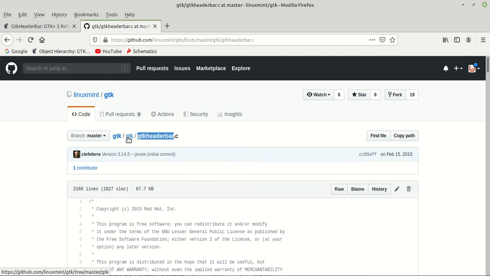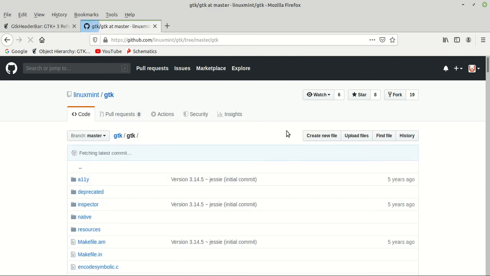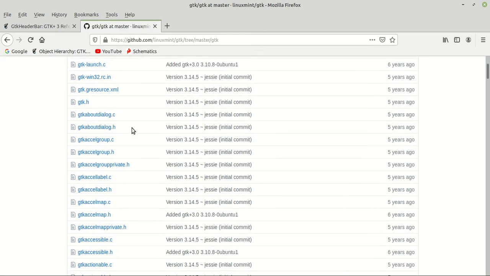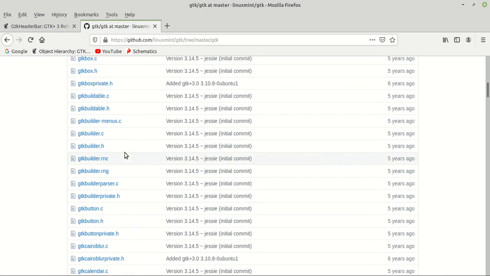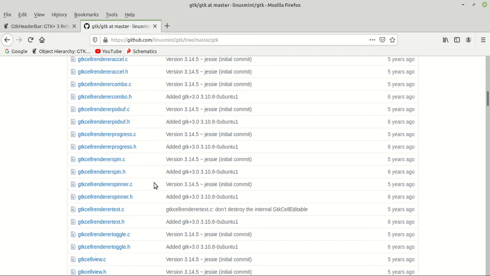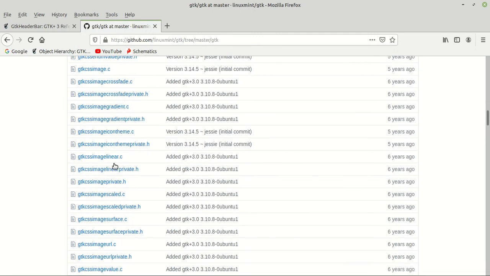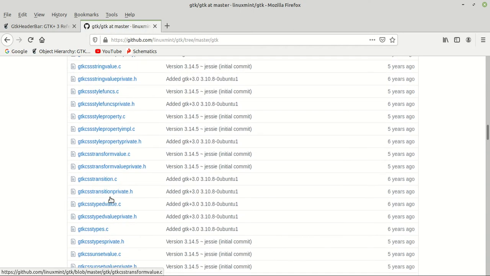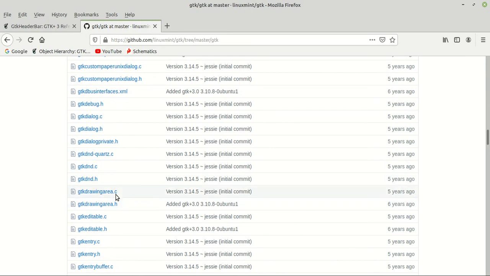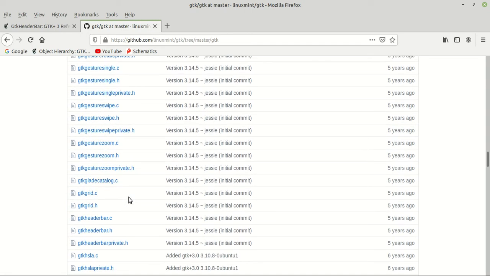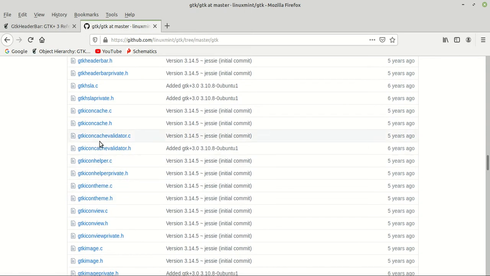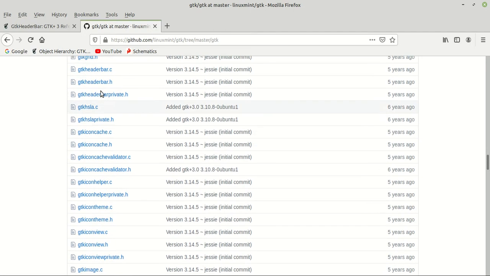So basically, if I go back now to GTK right here, you will see that we have all those widgets right here. You see there are a lot of them, and of course I'm going to scroll down now to the header bar, which is our case now. It takes a little bit of time, but I'm going to find it. Header bar right here.